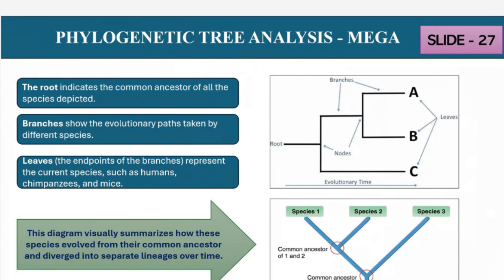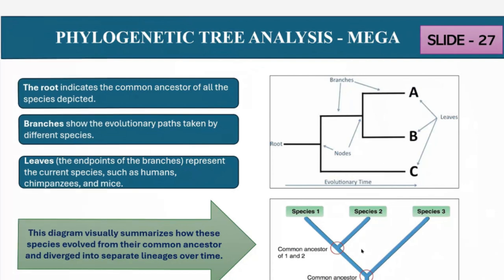Maybe in the first tree, the first common ancestor is very much different from the end species one. Okay, so this is the difference between the two trees, and I think you will get a basic idea about what a tree is and what the representation in the tree is. Okay, so we can summarize that the tree helps us to understand how these species are related and how they evolved from a common ancestor. So now you can go to the very interesting session and the last part of this